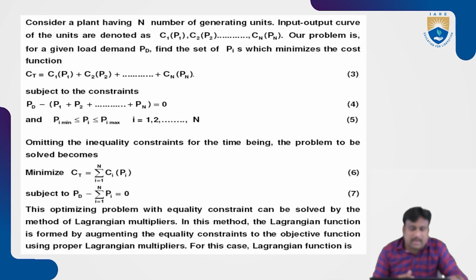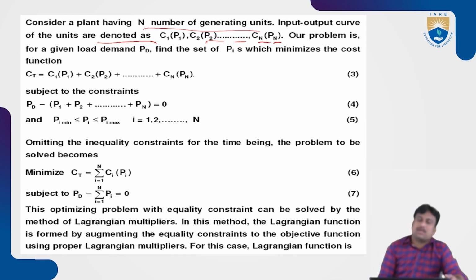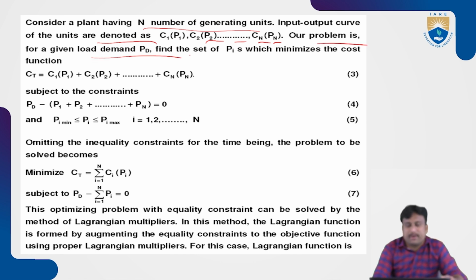Now we consider another analysis, considering a plant having n generating units. The input-output curves of the units are denoted as C1 of P1, C2 of P2, up to Cn of Pn. These are called the input-output curves of the units. Our problem is, for a given load demand PD,